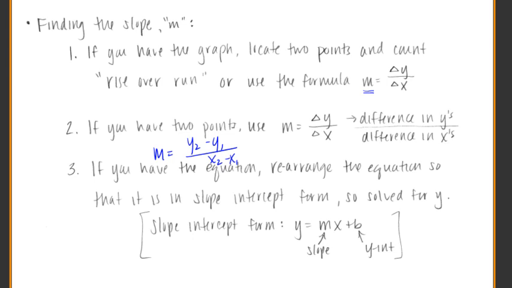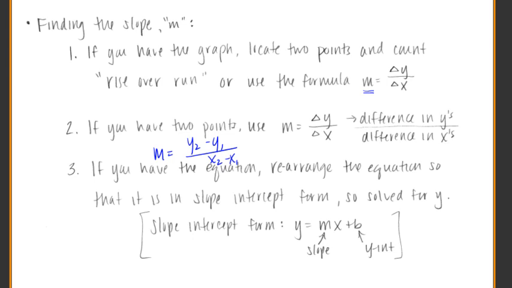And that has to be because if you think rise over run, the axis that rises is the y-axis, so the y's have to be on top. The axis that runs is the x-axis, so the x's have to be on the bottom. Okay? So if we're looking at the graph, count rise over run. If we're given 2 points, you can just use the formula where you subtract the y's over the difference in the x's. And then the third one is if you have the equation,